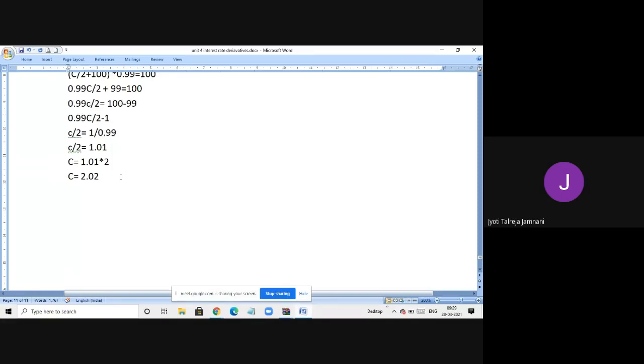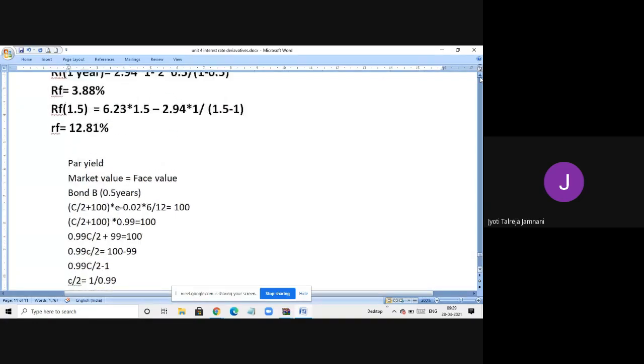Okay, like this we have to do for the next three bonds also. Bond B we have done. Next, C and D also we have to find the par yield. So we'll continue that in the next class, and I have the next class on Friday, 2 classes. So I'll finish this chapter on Friday, because there's one more sum below and one more second sum which we have not done. All three we'll be able to complete in a 2 hour class plus a little bit of theory. So we'll continue in my next class on Friday.